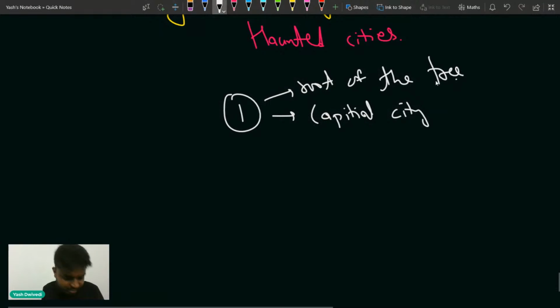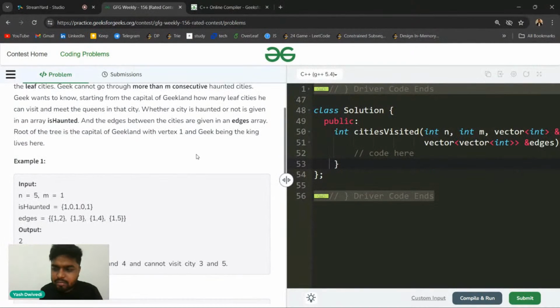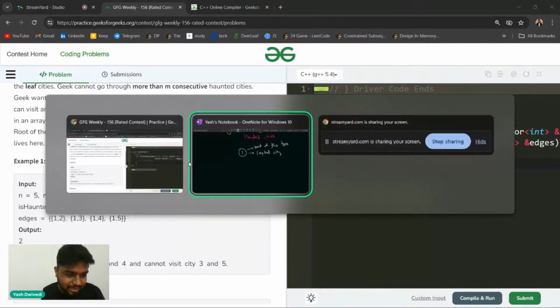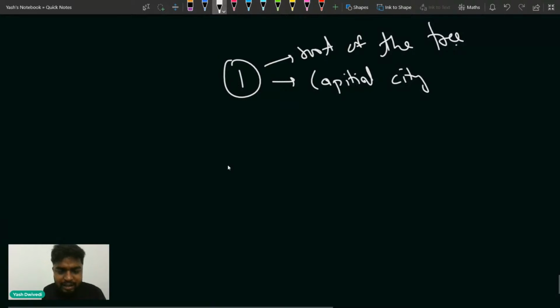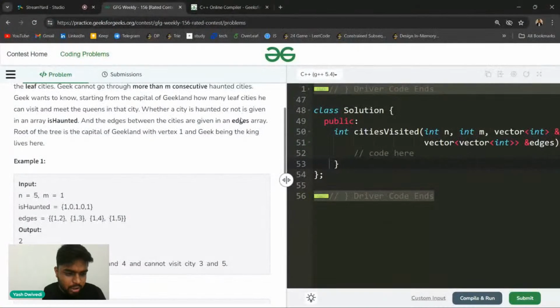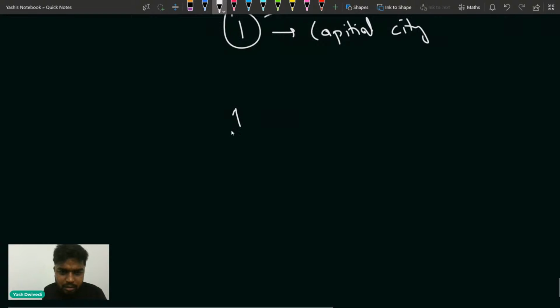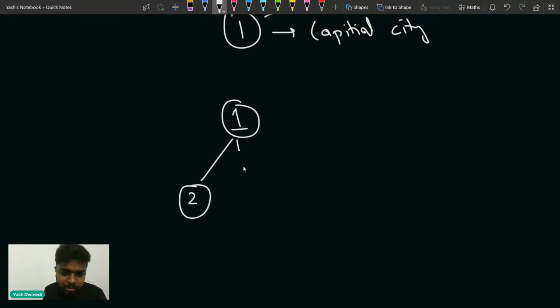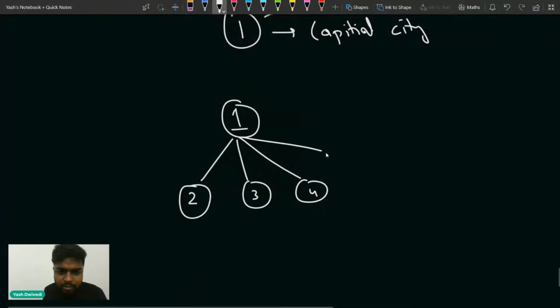Okay, now let's start discussing this further. For the third problem, I heard that there was a test case in which sorting was not done in the array. I'm not sure, I've not seen that test case, but if that is so, you can tell us about it. Okay. So let's say you have got this particular tree. House number one, then house number two connected here, house number three here. Then house number four is connected directly like this, and house number five is connected like this.